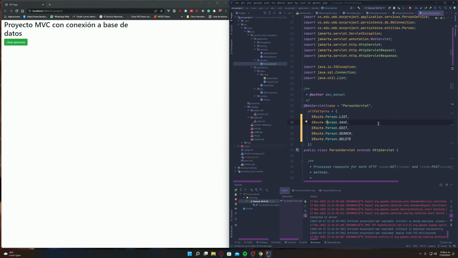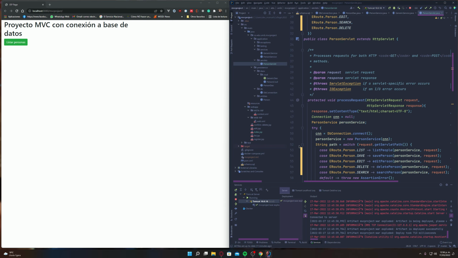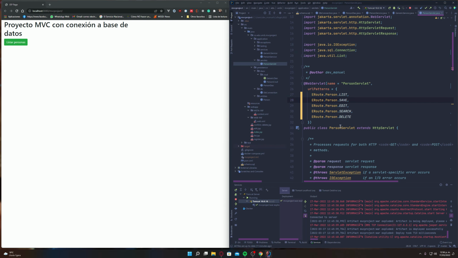We try to avoid hard-coded values in our methods. For example, the routes class contains another inner class called person, and this class contains